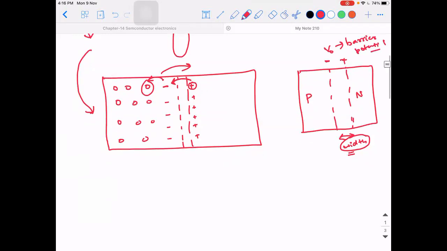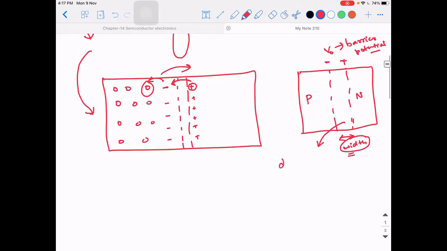Some books refer to it as potential barrier, both are right. And this region of wall which is getting developed to avoid the further recombination of holes and electrons is what is called the depletion region. Am I clear, guys? So the depletion region will have a small width associated with it. It will be in terms of micrometers. It will be very, very small because this device itself is very, very small.